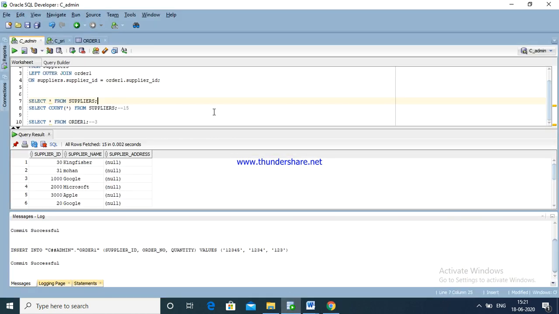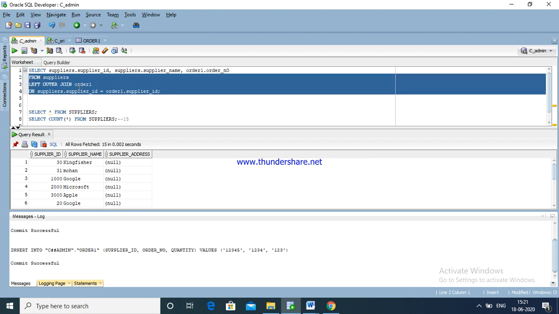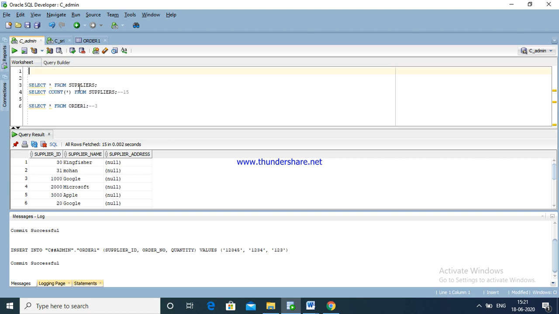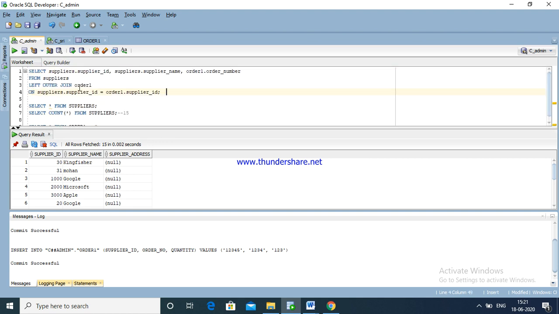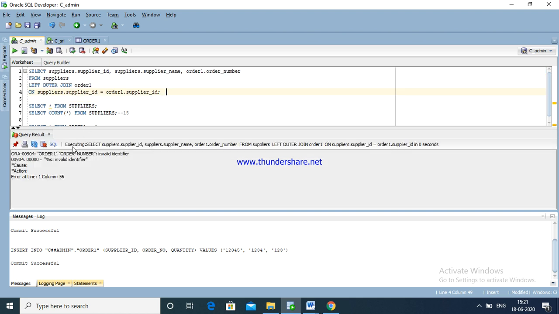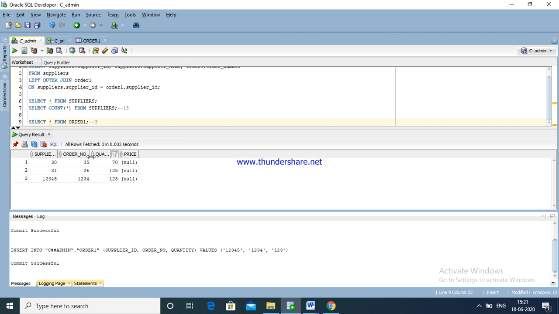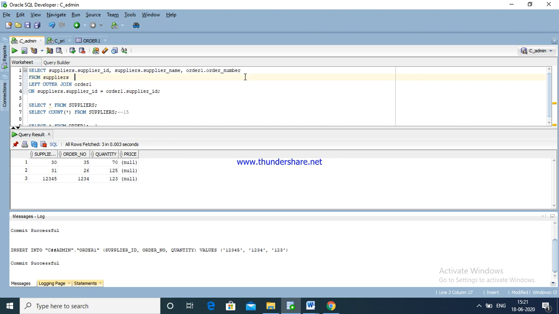Now I am going to paste it here and enter. See here, order number. This is my order table. Select star from order. Now we are going to modify the column name, order number.